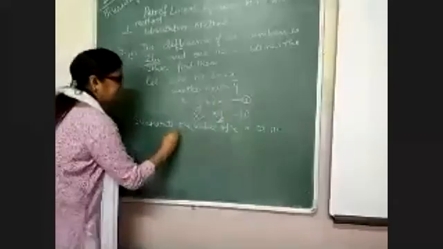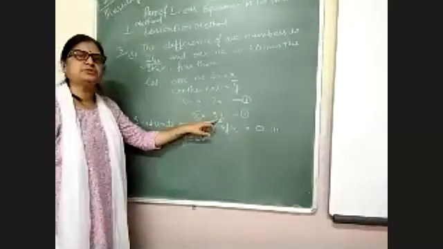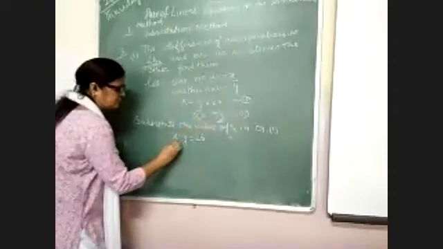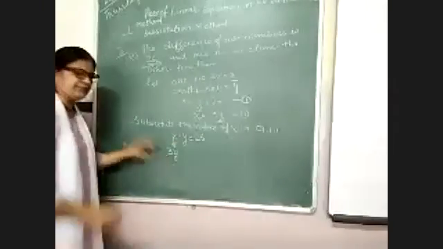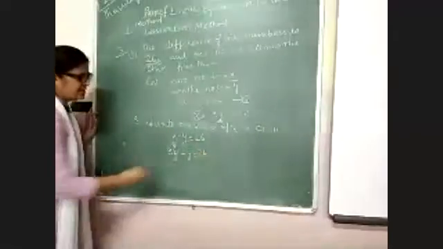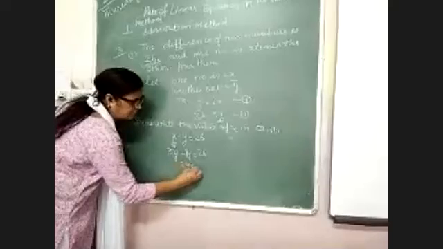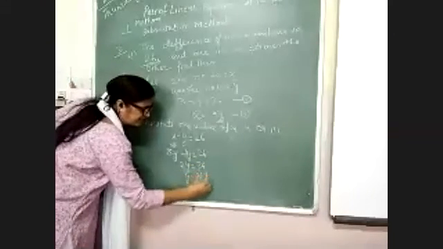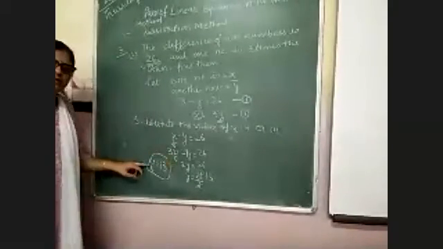Your equation 1 is x minus y equal to 26, and you will substitute the value of x in equation 1, x equal to 3y. So in place of x you put the value of 3y. 3y minus y equal to 26. Subtract 1y from 3y, it is equal to 2y. Then y equal to 26 upon 2, that is equal to 13. The value of y is 13.